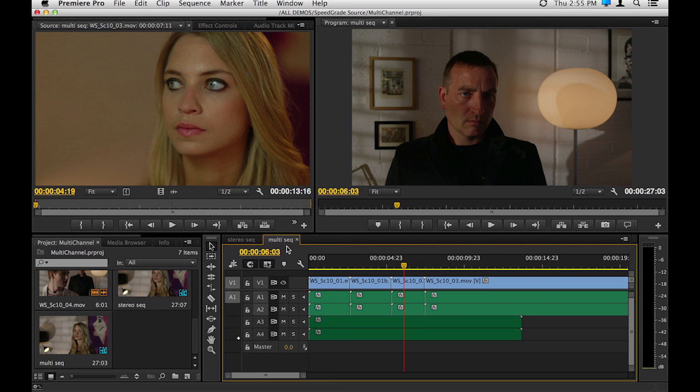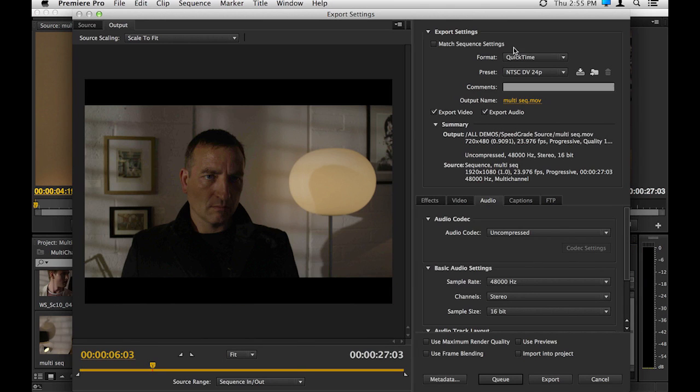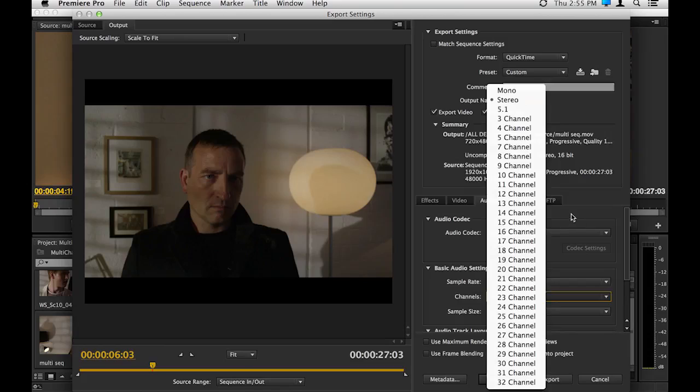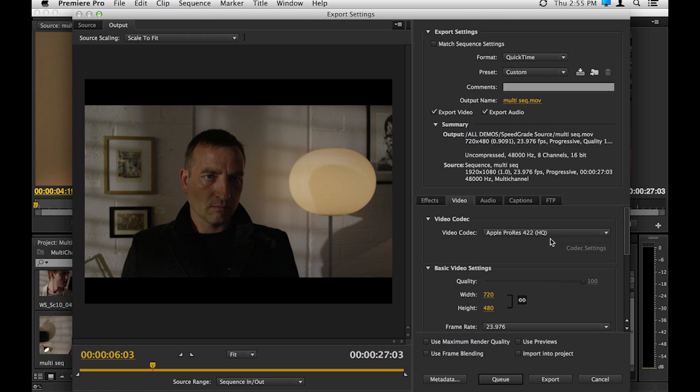Now when I go back to that same place, File, Export, Media, QuickTime, Video, ProRes, Audio, and you'll see there they are. Yay! See what I mean? A little bit of steps at the beginning is going to get you to these steps here at the end. So if you come up with something you like in here, we'll go to our 8 channels and our QuickTime 422,